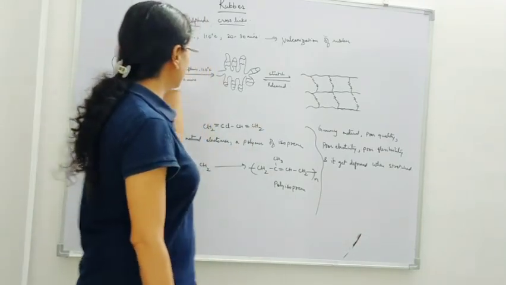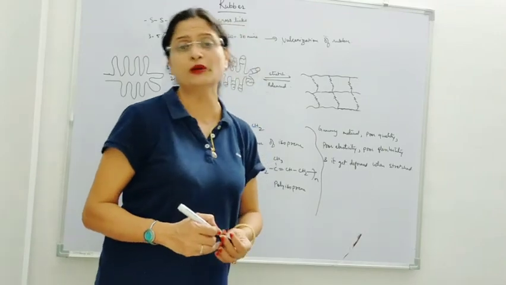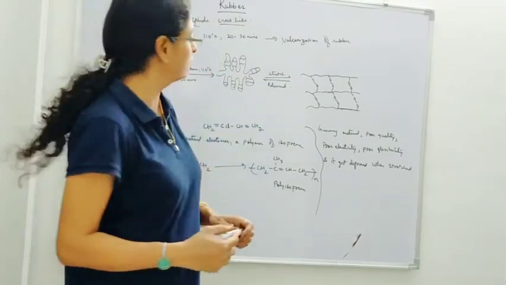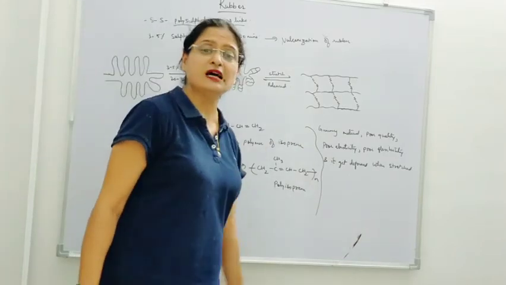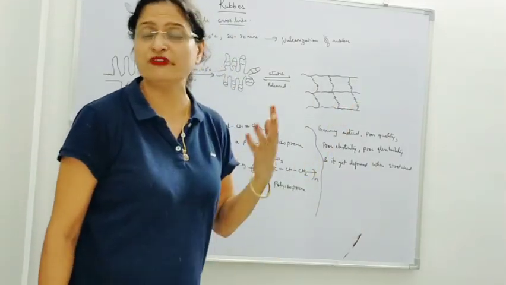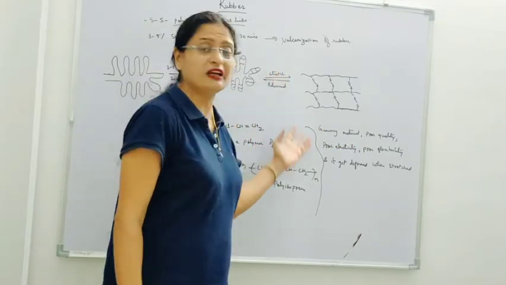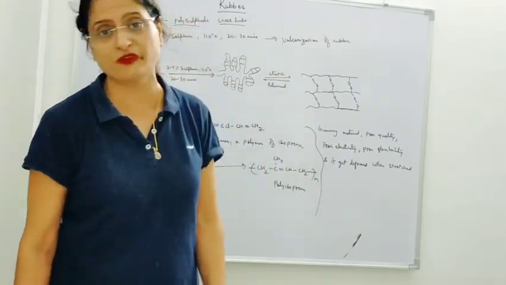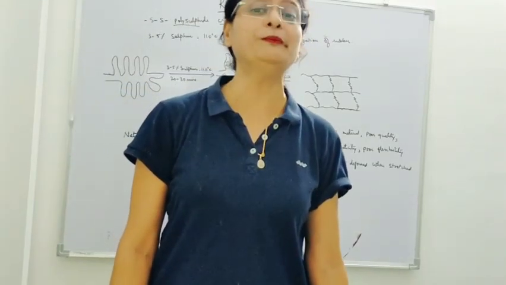So this whole process we call vulcanization of rubber, and usually 1 or 2 marks questions have been asked from this particular part. That is either the equation, or sometimes it has been asked as an objective question, fill in the blanks, or multiple choice questions for 1 mark, or as a definition, what do we mean by vulcanization of rubber. So we complete the chapter here, all the important parts that I have covered.